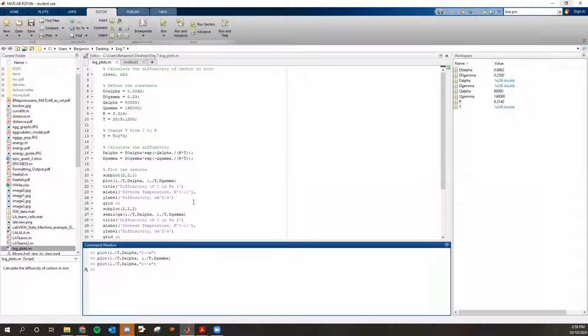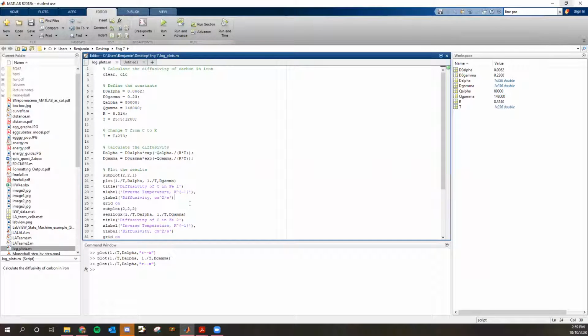There's also, you can change the thickness of the line. So that would be line width. So you could use that as a,